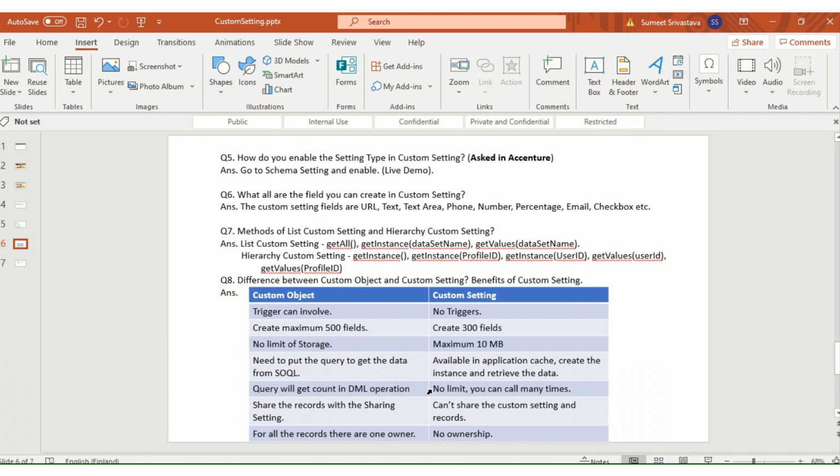In my next video I will show, because a lot of questions are nowadays asked by interviewers regarding metadata: how you are using it, what all the overcomes are from custom setting to metadata, why we are still using custom settings. Why are we using the custom setting? Just because of hierarchy custom setting. Okay, and we will see you in my next video on metadata type.